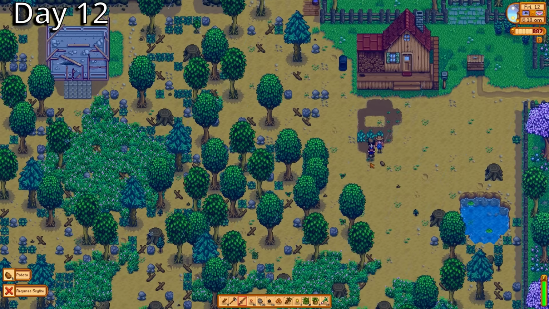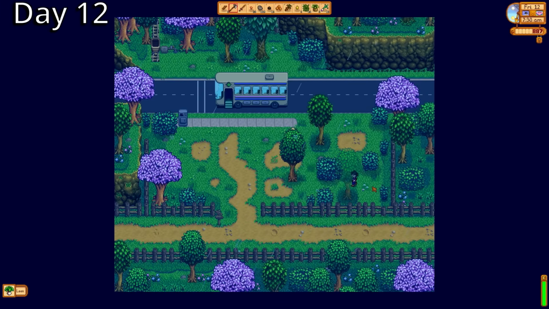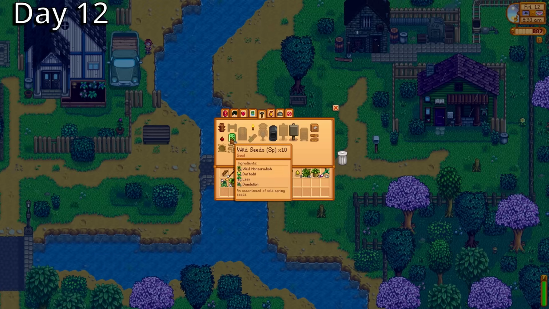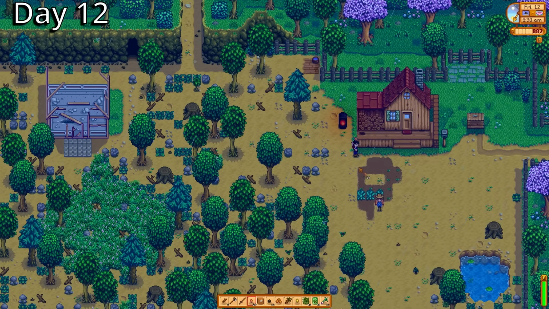I start the next morning by harvesting the few crops that I have growing, and I make 1 more copper bar before heading to Willie's. On the way, I find a leek and a daffodil, which allows me to craft a pack of spring wild seeds. With the new seeds in hand, I run all the way back to the farm where I juggle smelting